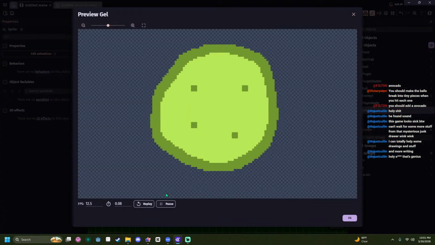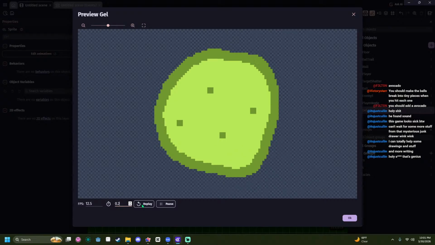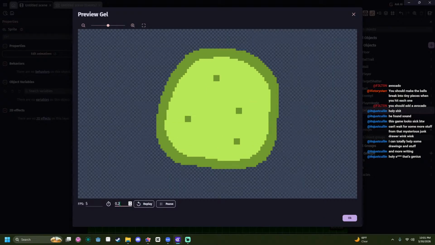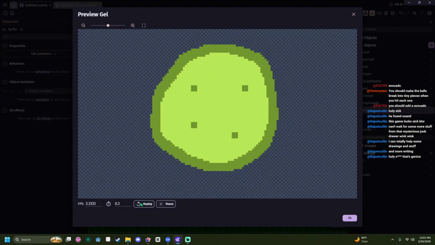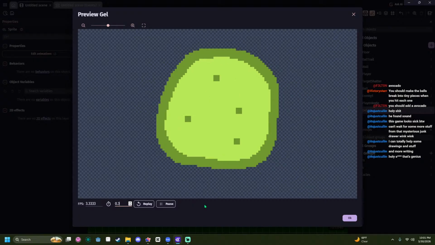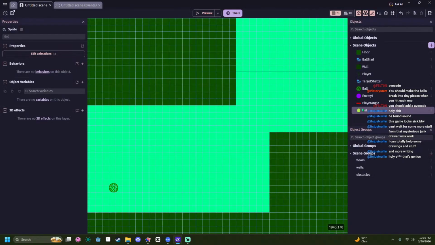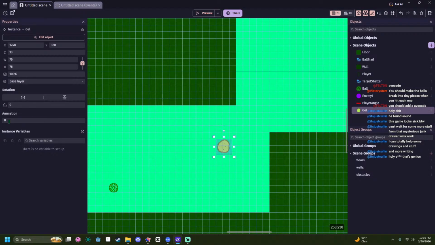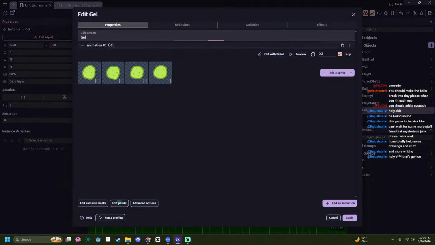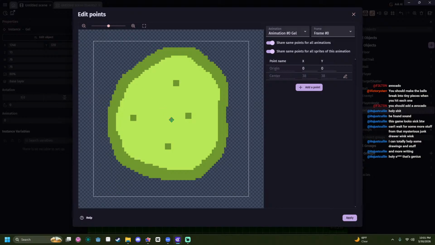Loop. Cool. Throw it in there and then give it an opacity of like 80. And then also give it a point in the center.